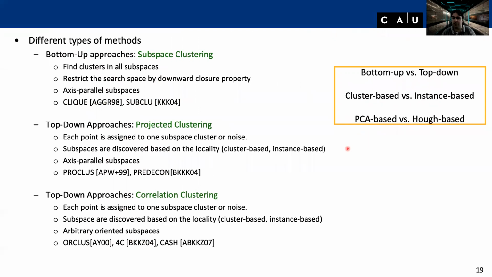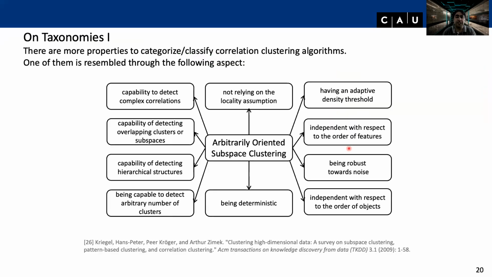But is this really the only way that we can classify or categorize the different algorithms? And the answer to that is no, it is not. In the upcoming slides, I'm going to introduce you to different taxonomies that other people, smart people, have already done in their papers. One example here is a work by Professor Hans-Peter Kriegel, Professor Peer Kröger, and Professor Arthur Zimek, Clustering High-Dimensional Data. It's a formidable survey they've written that goes through all the different types